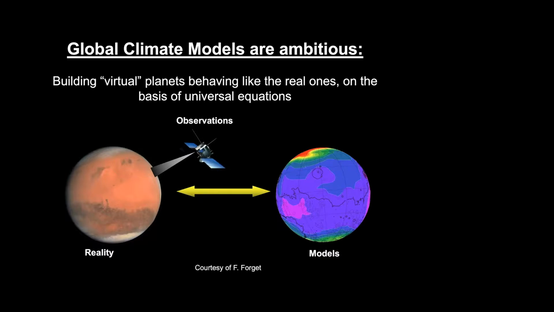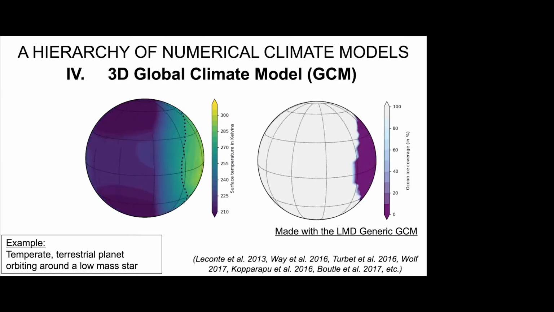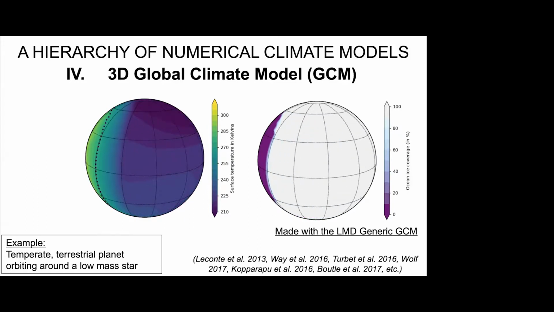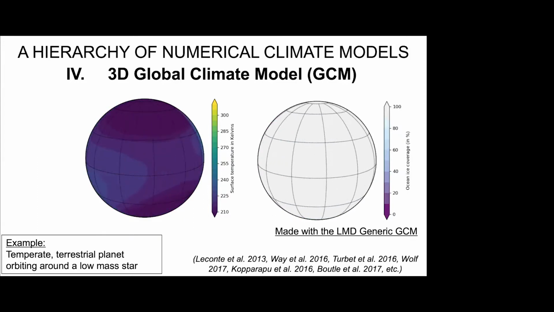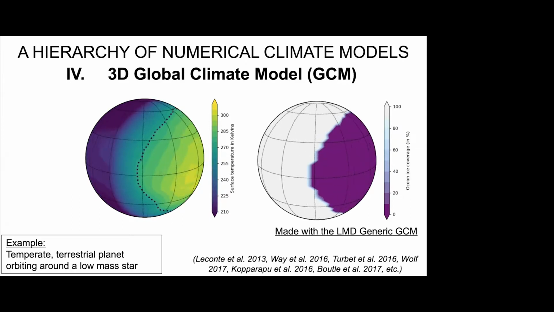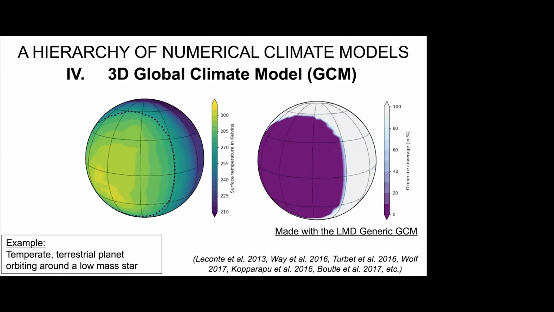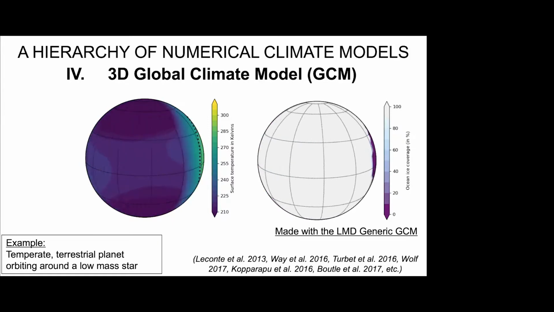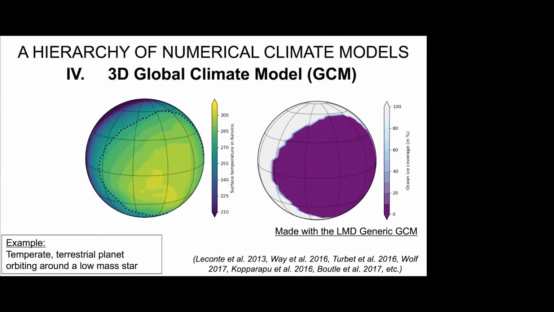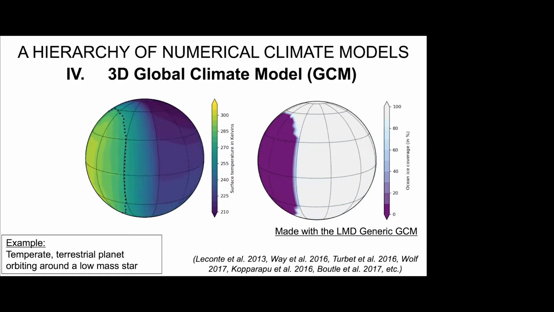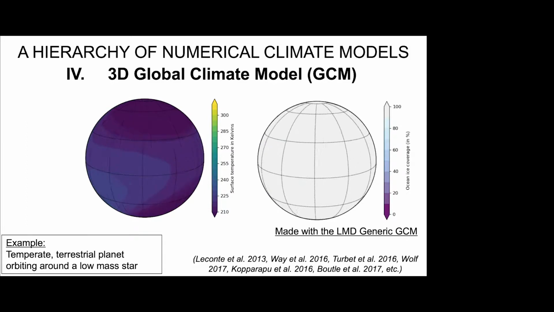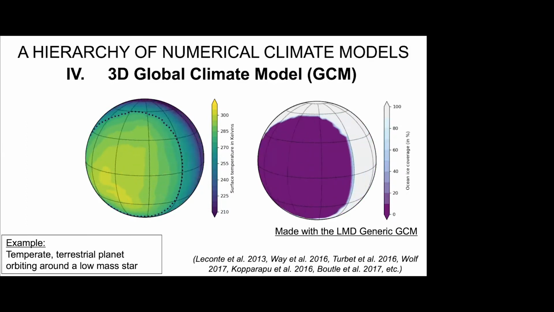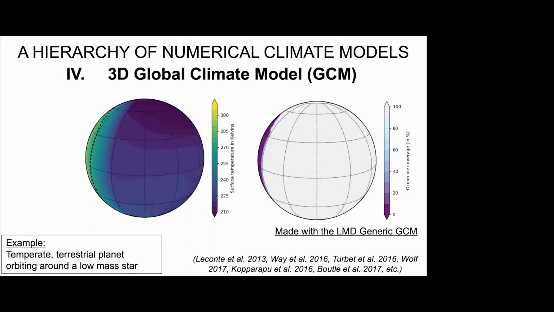I show you, for example, here a simulation of a terrestrial-sized planet that was performed assuming the planet was covered by a lot of water, in synchronous rotation. On the left, you have a map of surface temperature, and on the right, you have a map of the deglaciated part of the ocean. Using that kind of model, you can compute a lot of things all together: how the clouds behave, how the sea ice will reflect light or get transported, and a lot of components at the same time. And actually, we would like to make two possible extensions to that kind of model.